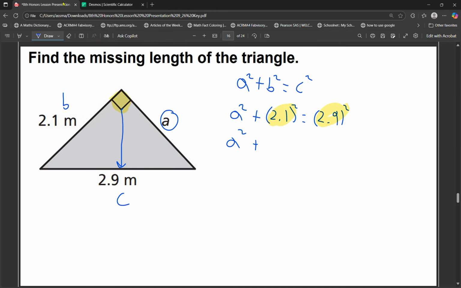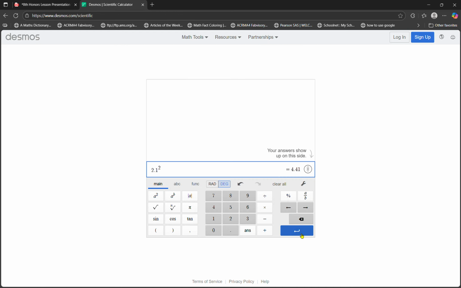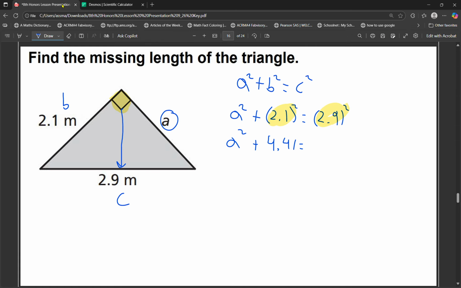So I'm going to put here 4.41 is equal to, and then I work out this section here on the calculator. So I go back here, hit return here, 2.9 squared, and I get 8.41. So I have here